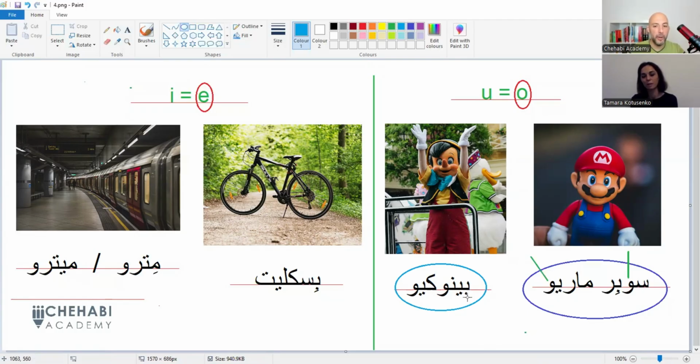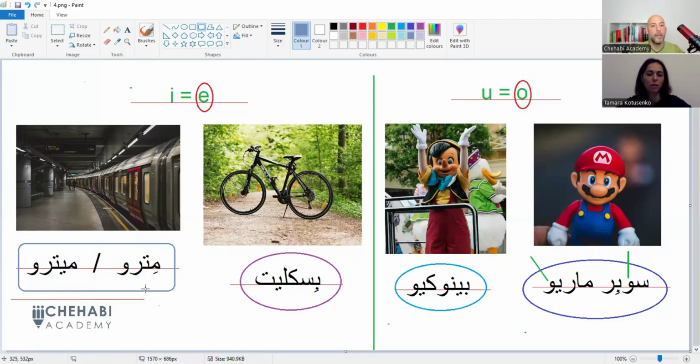Now we have two words where we see that the sound E equals the sound A. Let's read. Biscuit. We write bisklit, we read bisklet. In slang Arabic, we say bisklet. It is actually darraja, but we say in slang Arabic bisklet. It's the French way of saying bicycle. Bisklet. And now these two words,